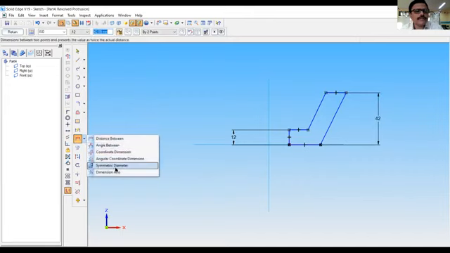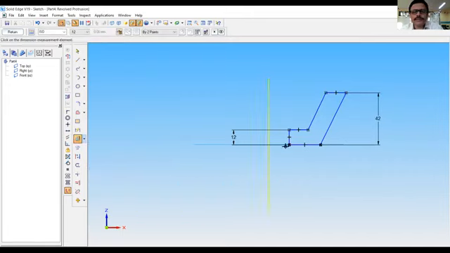Now fix the diameters. Go to symmetric diameter. That is from here to here. It is 22.5. Then symmetric diameter from here to here. This is 38.